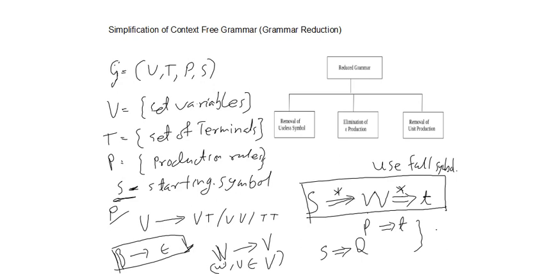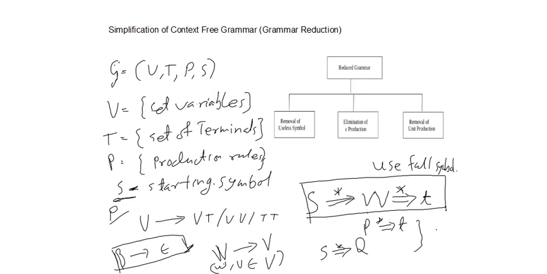And if you are having a non-terminal derived from the starting state, but the non-terminal is not producing any terminal, then that symbol is also useless. In my example, I put S implies Q, meaning from the starting state you are getting the non-terminal Q, but Q is not deriving any terminal symbol. Then Q is also a useless symbol. We should remove such symbols from the grammar. That is useless symbol removal. So the steps we'll see with the example.